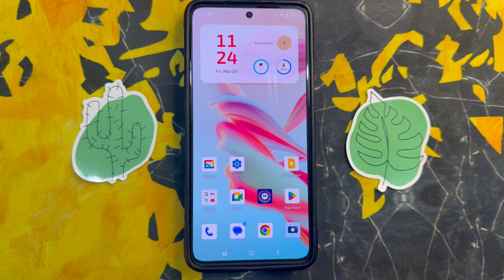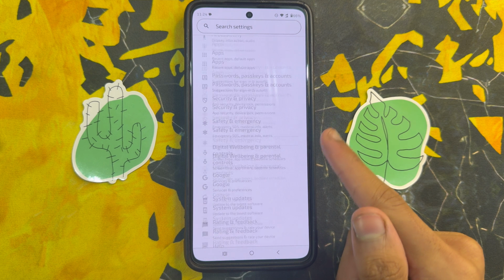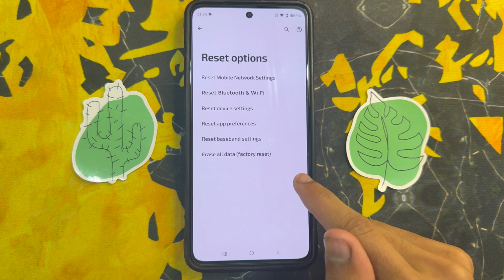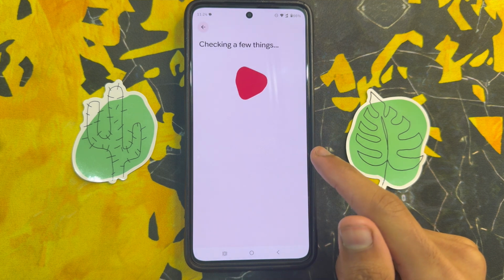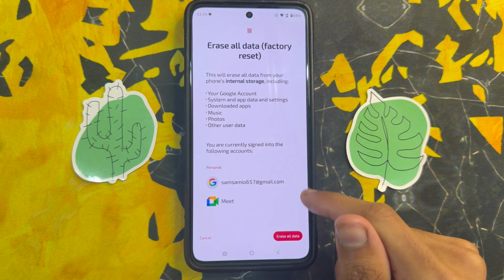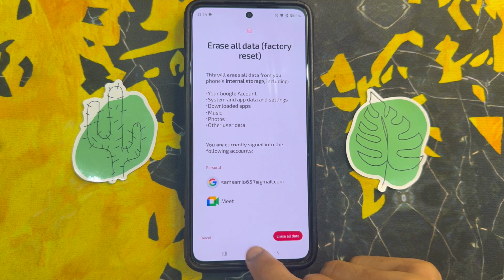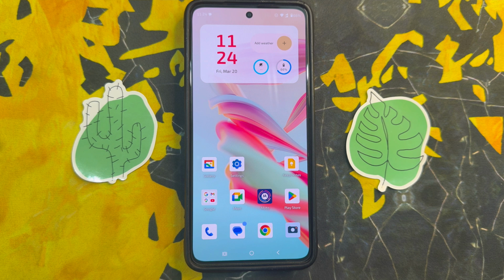But if it still not solved, again click on settings app, scroll down and click on system and click on reset option and factory reset. After click on factory reset and click on erase all data. After click on erase all data, you will see your problem is solved. So that's how you can fix keeps restarting on Moto